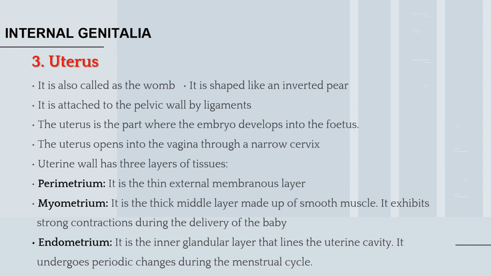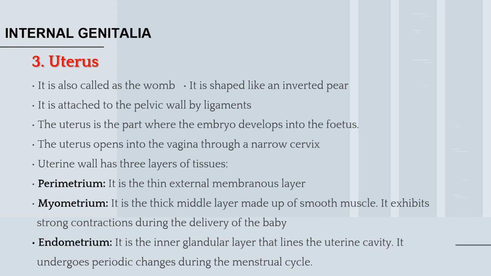Then the uterus is also known as the womb, and it is referred to as the inverted pear-shaped structure, which would perform different functions with respect to the implantation of the embryo. It would also undergo certain cyclic changes called the menstrual cycle, and it would also help in the process of delivery, meaning childbirth. The uterus also has been divided into three different regions: fundus, body and the cervix.